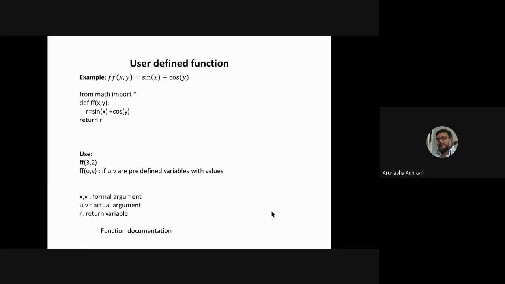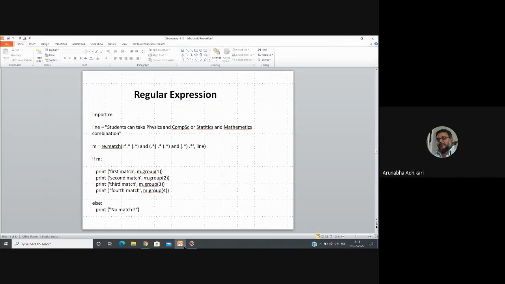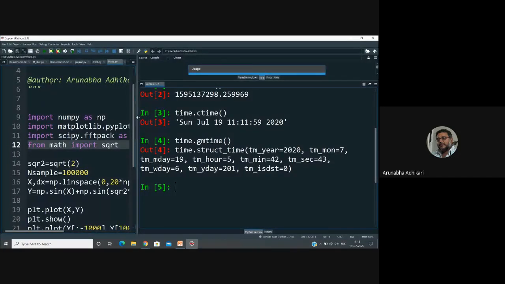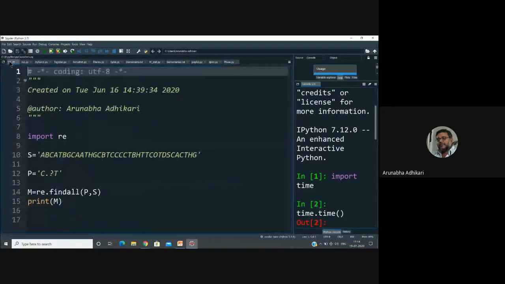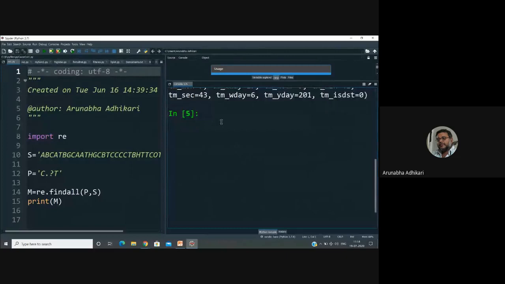And the next thing is user defined... Sorry. Before user defined functions, yeah, this is more interesting. Regular expression. Regular expression is more interesting. What is a regular expression? I have already told you that if A is a string, say a DNA sequence, A, B, C, G, G, C, A, T, T, A, C, G,